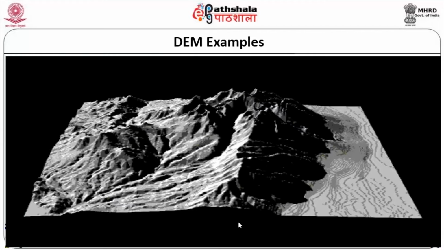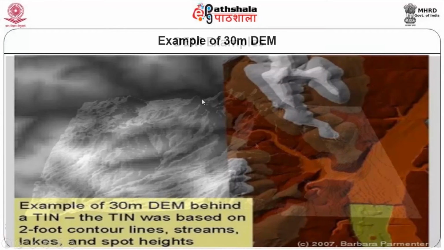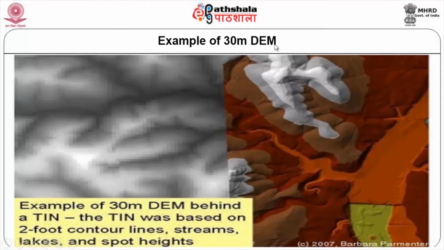So, how is a DEM created? The advantage is that anywhere, if you want to find out the elevation, by clicking on that particular point, you can get the Z values. Apart from that, X and Y are obvious because they are all related to your geographic coordinate system. An example of a 30 meter DEM, and here to here it is the same thing that I have shown here, just enlarged.